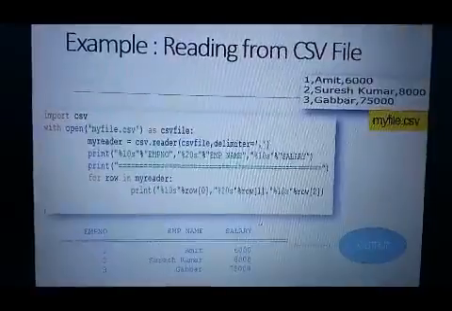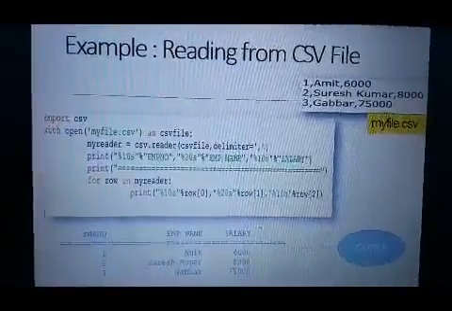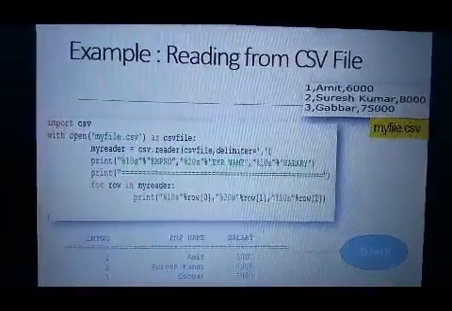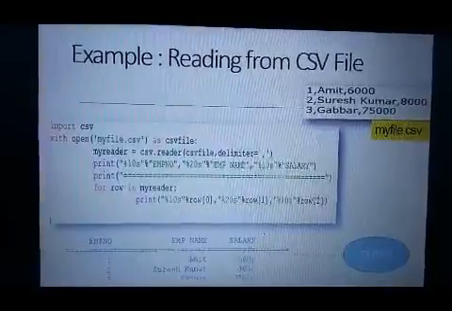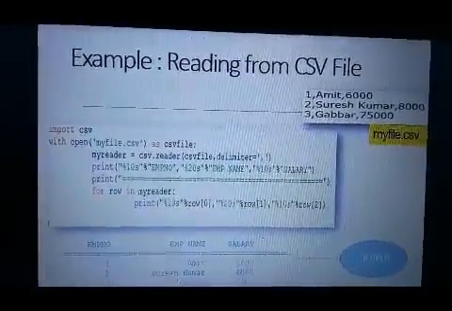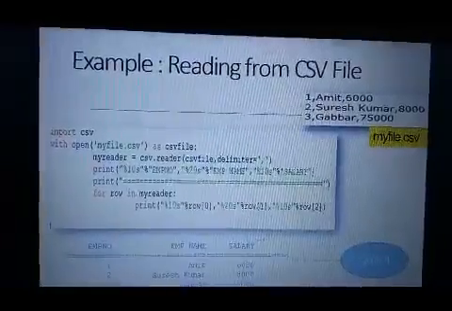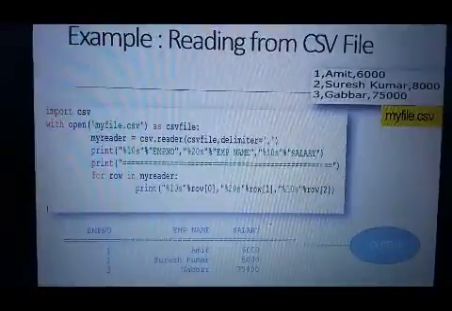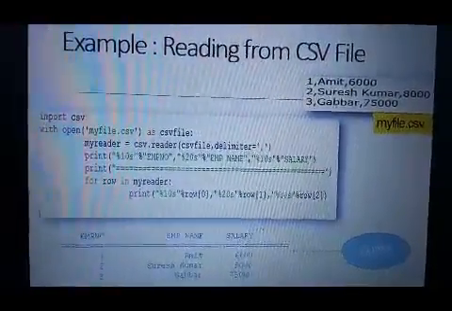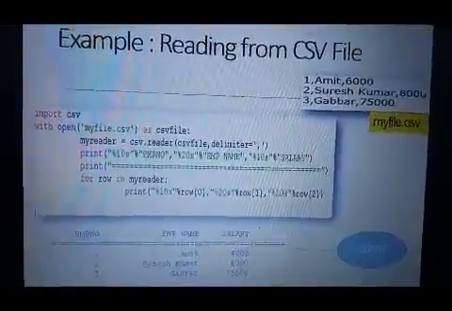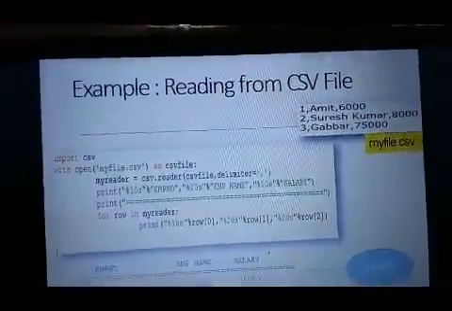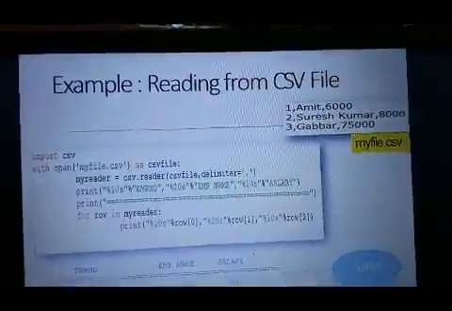The next thing: already I told you, to open a CSV file you use the reader. So MyReader as an object is created using csv.reader, which is a function. You can open the CSV file with the delimiter as a comma, because already we know CSV is comma separated values. Now we want to print, so %10s. The %10s means we leave space for the given data. For employee number we allocate 10 spaces. Again %20s, 20 spaces.